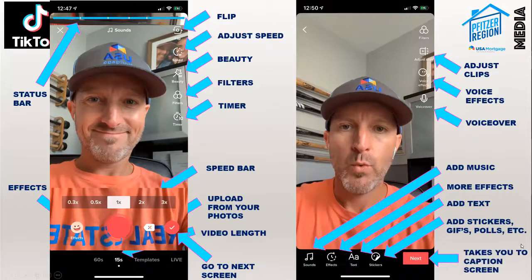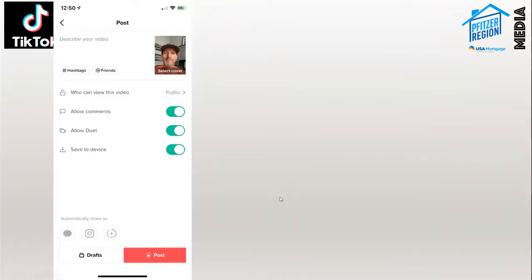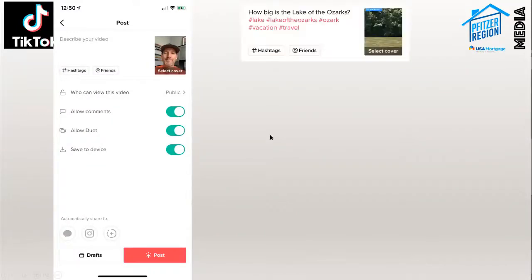This takes you to the caption screen, which is the last screen. And this is where you would caption it. And I think it was Julie who asked about hashtags earlier. So on TikTok, you have limited space, limited characters you can use when you caption a video. This is about as long of a caption as you can get. This is a sentence right here. Usually I only use 2 or 3 words. But you keep it very limited. And this is also where your hashtags go. When you click hashtag, it's going to show you what's trending. So you can use a trending hashtag, or you can use relevant hashtags.